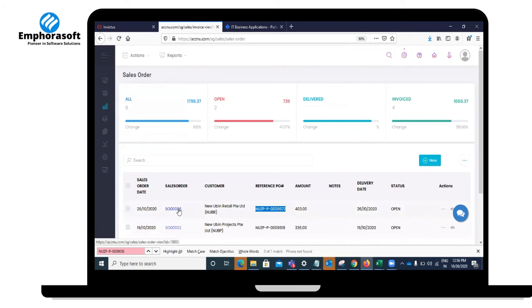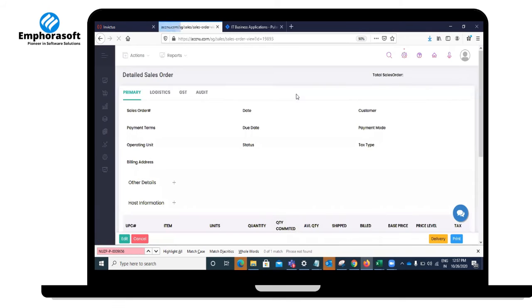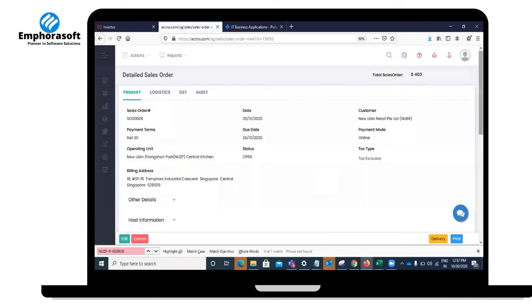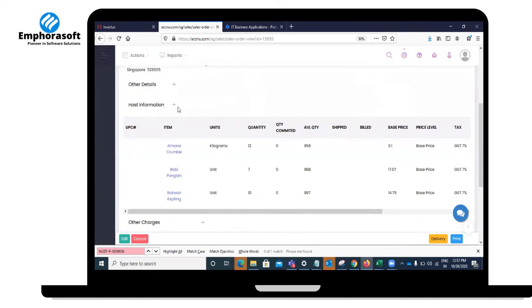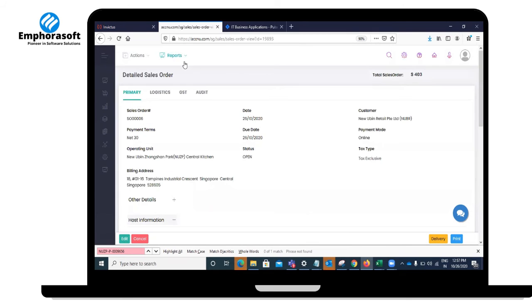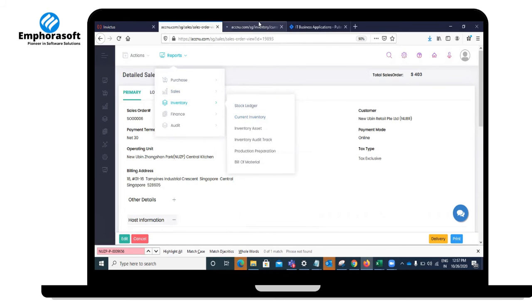If you open the sales order, this is a sales order in ERP which is automatically created. You can even see the host information, which explains the host ID and host system, procure to pay. From here, the delivery happens. Let's also look at the inventory perspective, the current inventory.